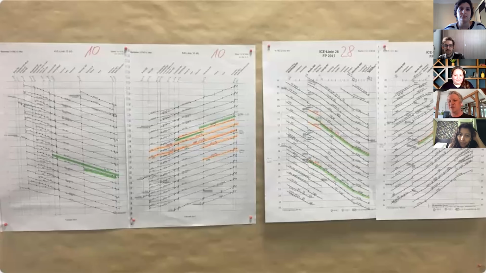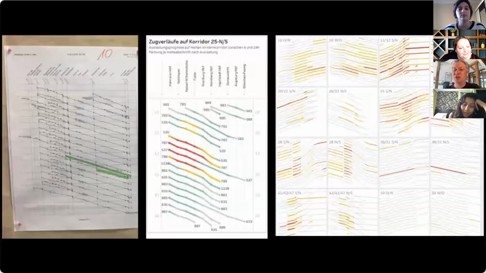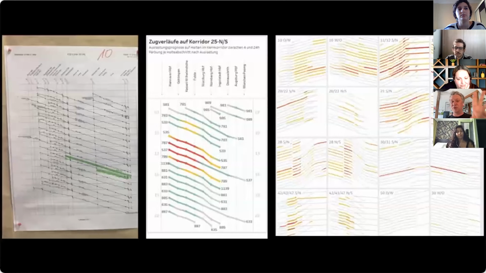So they need to bridge something between two tools, or there's a gap in visualization that they were not able to fill. And here on a really stressful day, we saw they printed out all the train lines and marked all the critical sections in orange and in green. And so we knew, okay, they're used to this type of diagram, which is kind of unusual outside the railway business, and there's an opportunity here in terms of extra tooling. And so we took this and built a first prototype in Tableau.